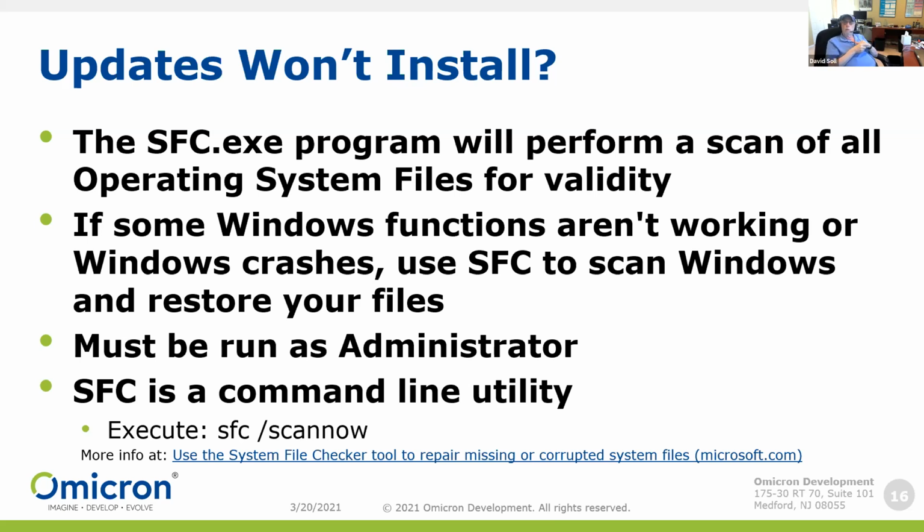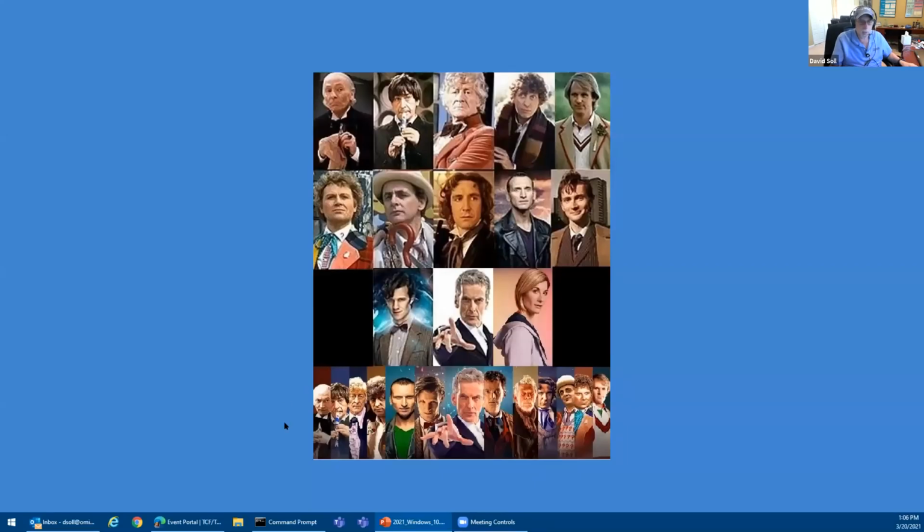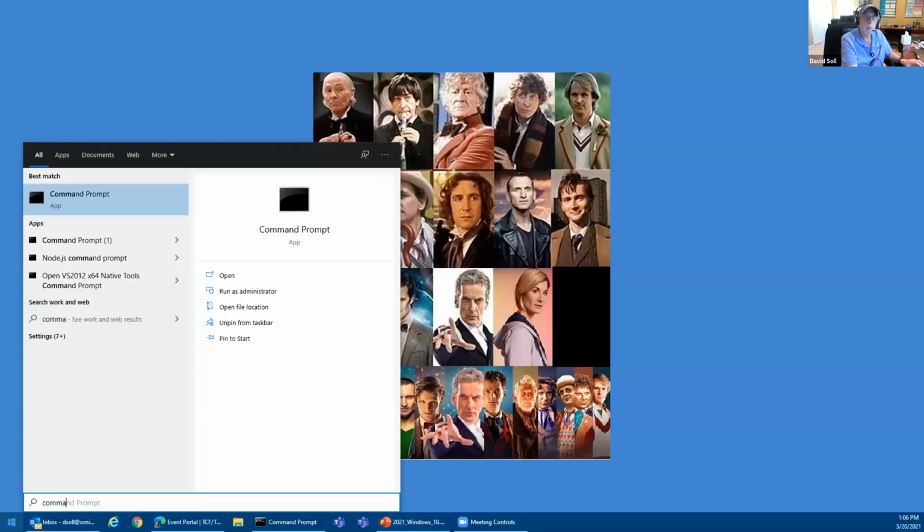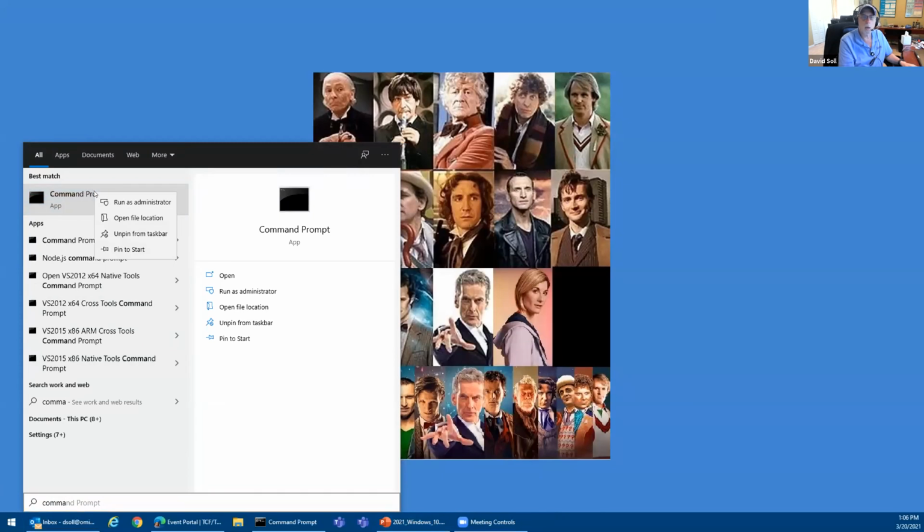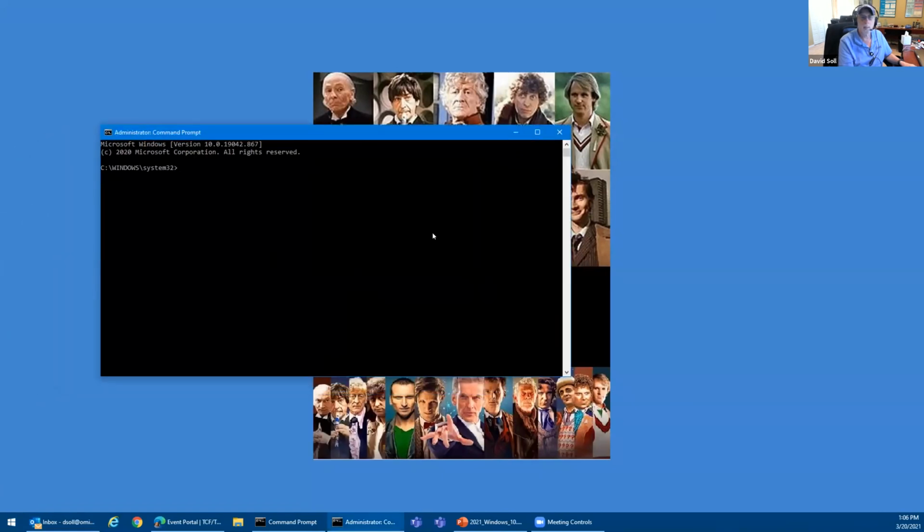What's better is you go to command prompt. In fact, you should go to administrative command prompt, which means go to command, and let's do that. If I go here, I want to do a command prompt, and right mouse click, and you go into an administrative command prompt. There's my administrative command prompt. And from there,